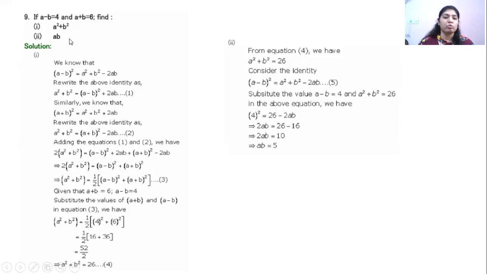Otherwise, we have to do such things. This is for those students who are not able to learn the formula. They have to just practice it and try to learn the formula by heart. And in this one, if you want to go ahead with identity 1 or 2, then you can. But if you want to go ahead with the fourth identity, then the choice is up to you.